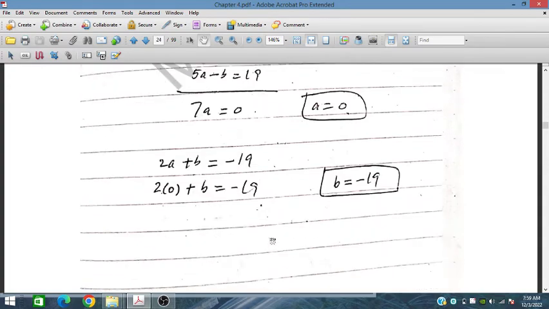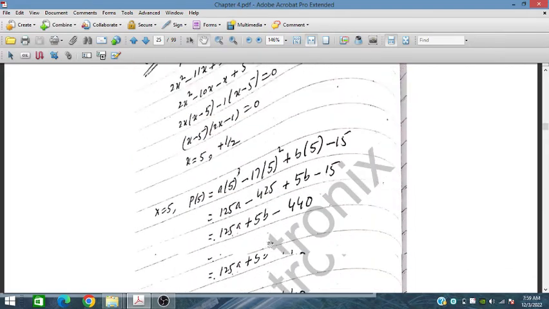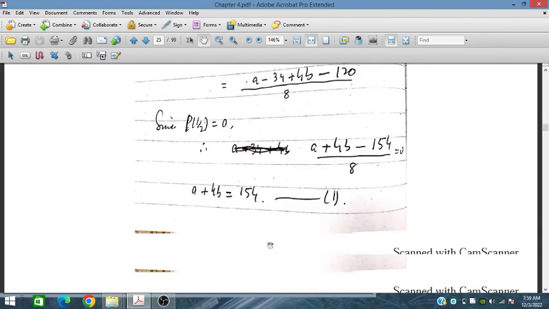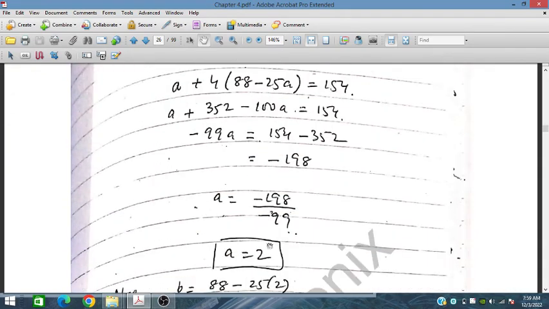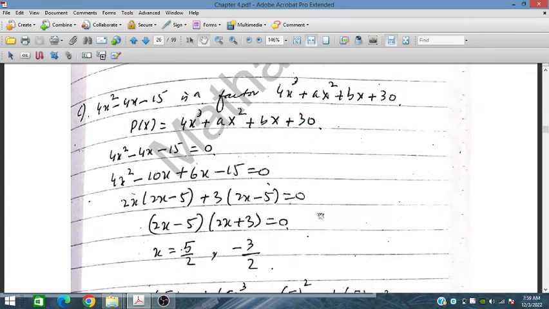This problem is very important from the examination point of view. Similarly for this one, the same kind of problem. Here we have the result, so you can do it yourself. Similarly for this one,